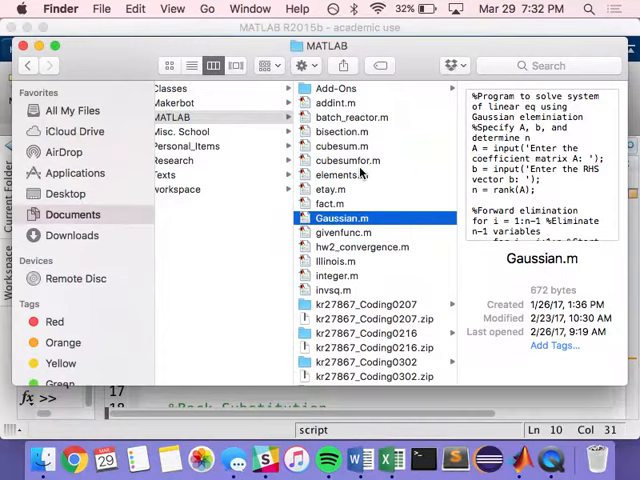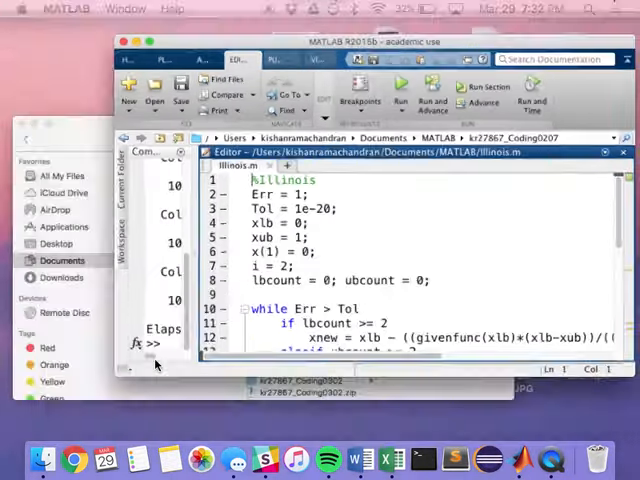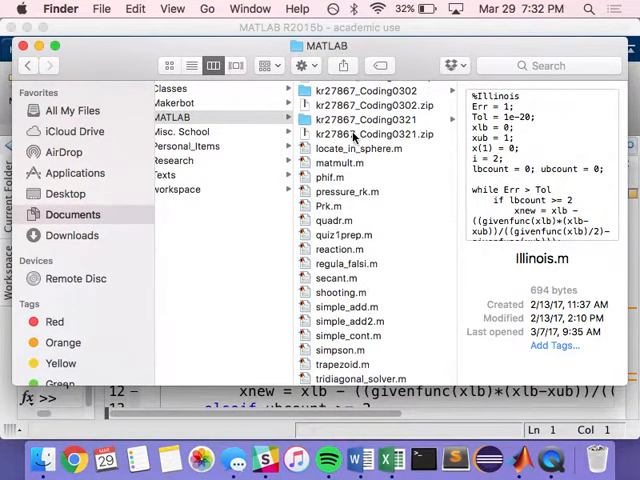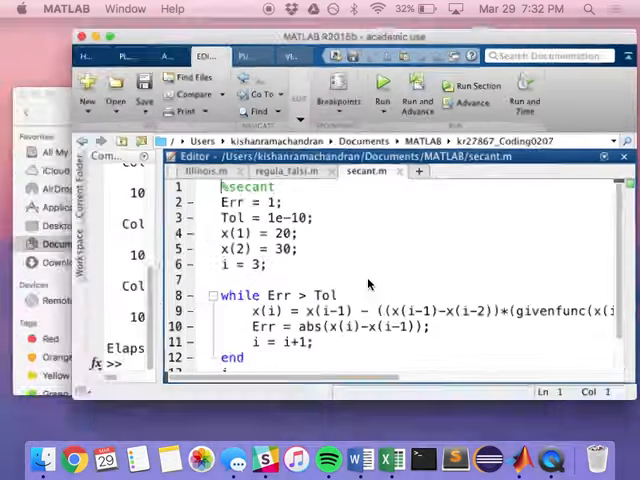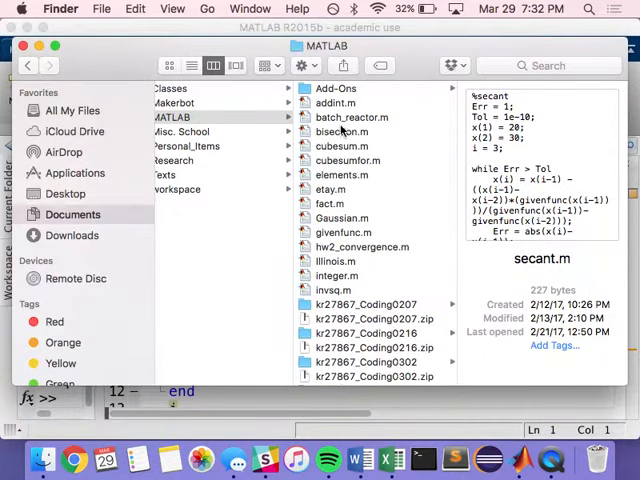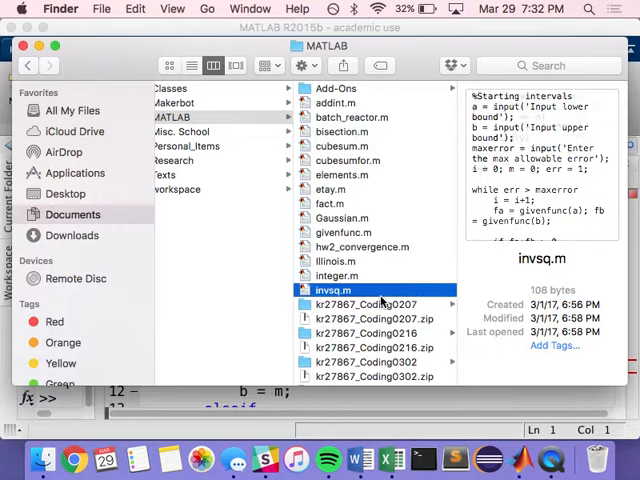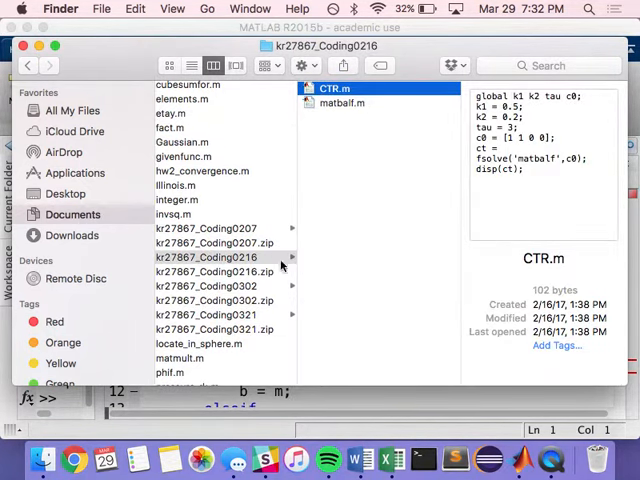But I think our path forward from here is I could teach you the Illinois method. Do you see regula falsi? Is it done? Yeah, there it is. And then the secant method, and then the bisection method too, which I'm not sure where it is. I'll ask Steven if he has it. And from there, we did successive